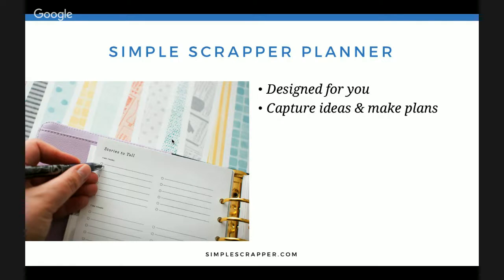And I've already said this already, it allows you to capture ideas as well as make plans in kind of an integrated place. And it's a totally flexible option because it is printable at home and it comes in 5 different sizes. One of the reasons I love a 6-ring or 4-ring or 3-ring type of binder planner is that pages can be put in and out.